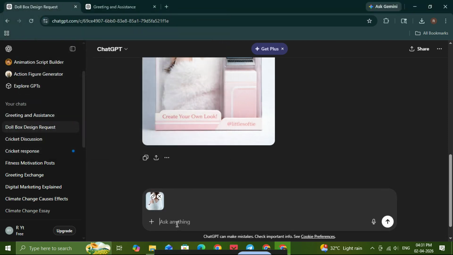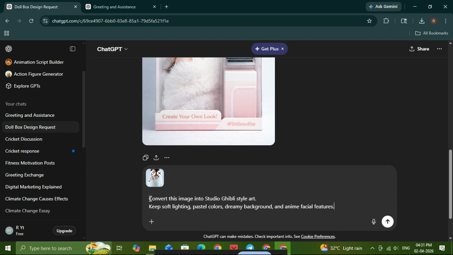After the image uploads, go to the text box and type your prompt carefully. You can copy this style of prompt. Convert this image into Studio Ghibli style art. Keep soft lighting, pastel colors, dreamy background, and anime facial features. This prompt tells ChatGPT exactly what kind of look you want, so the image comes out with a soft, animated,